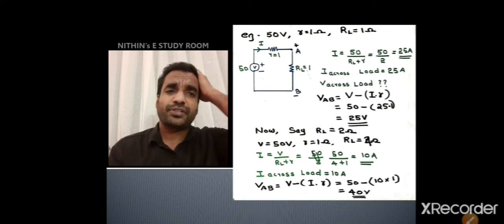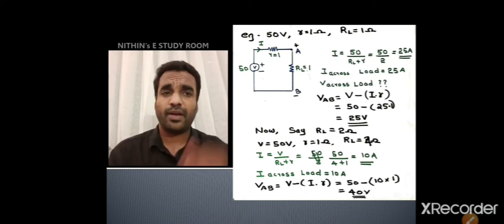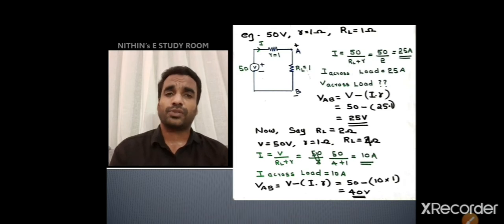So what is the conclusion? When the current across the load is 25 ampere, the voltage across the load is 25 volt. Now you are increasing the resistance from 1 ohm to 2 ohm. So what will be the current? Current will be voltage 50 divided by internal resistance plus load resistance. So that is equal to,